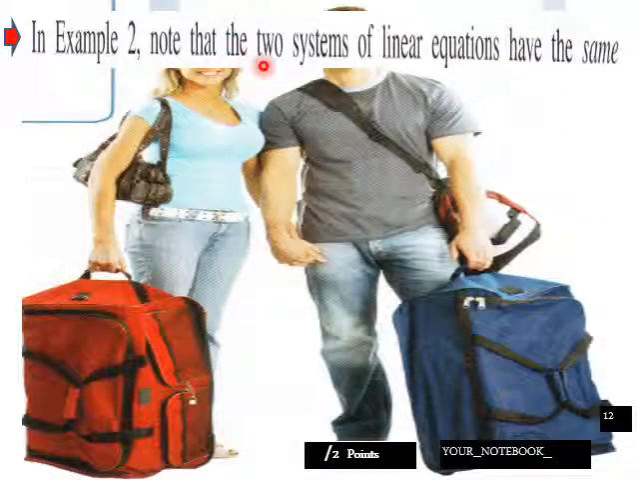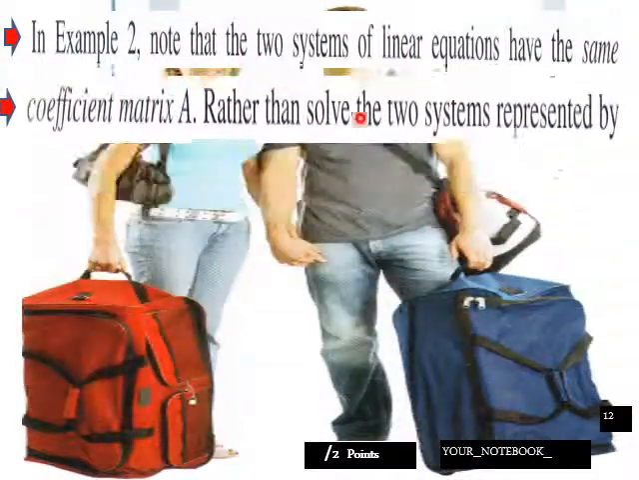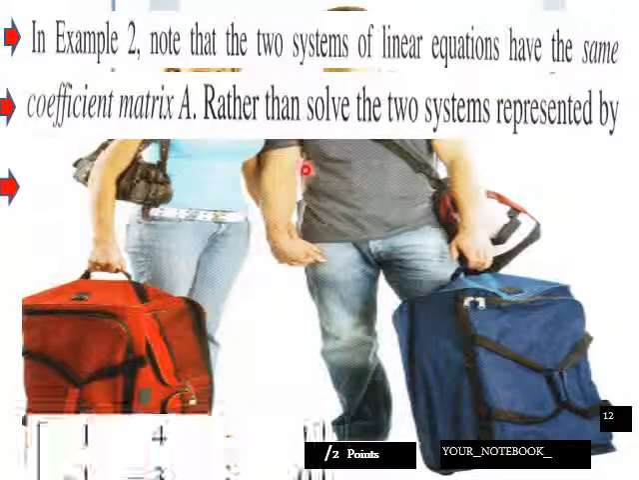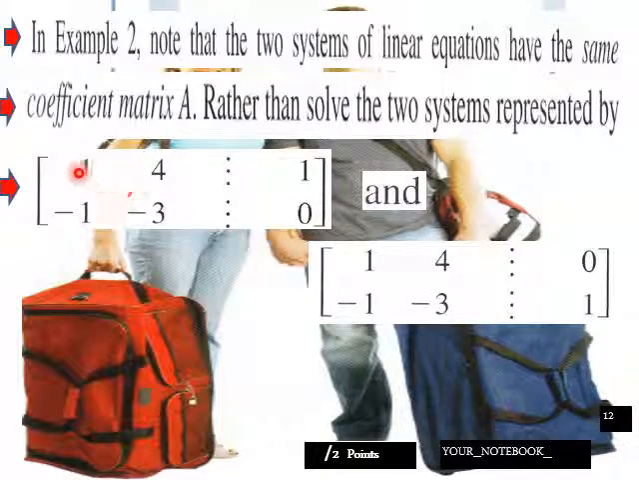In example 2, note that the two systems of linear equations have the same coefficient matrix A. Rather than solve the two systems represented by this and this, 1, 4, 1, 0, and -1, -3, and then 0 and 1 here,